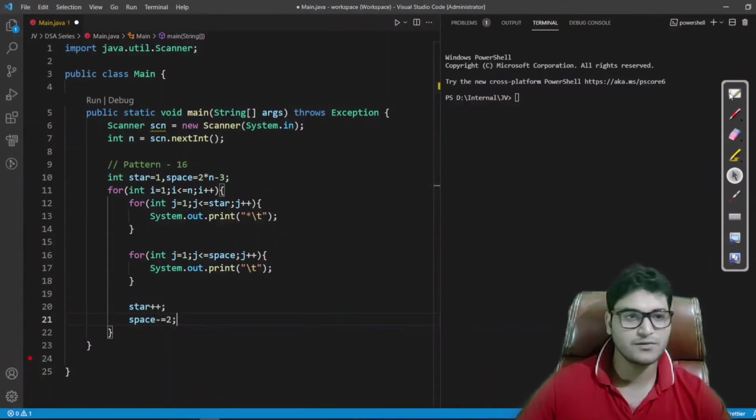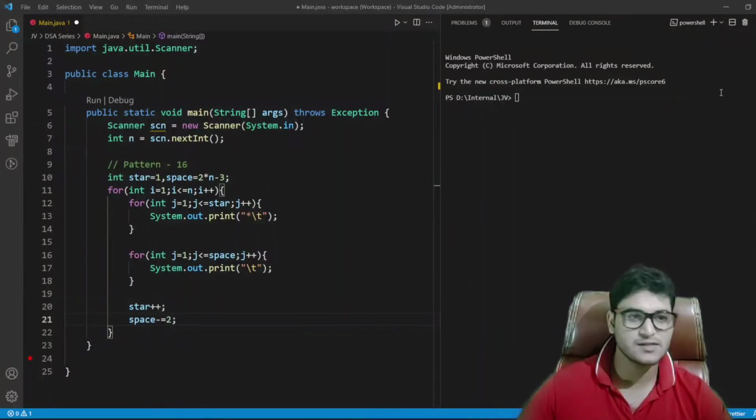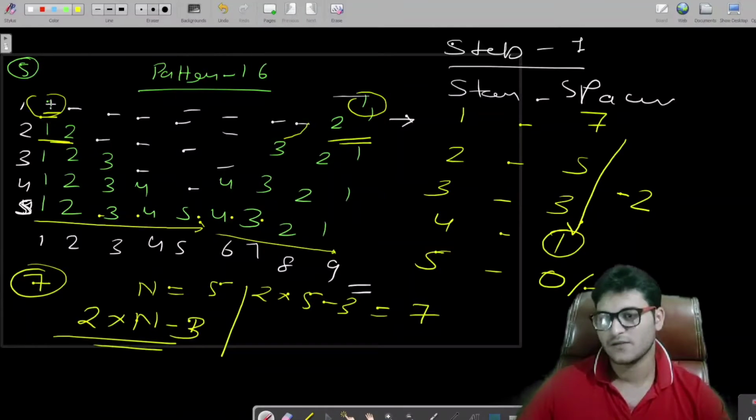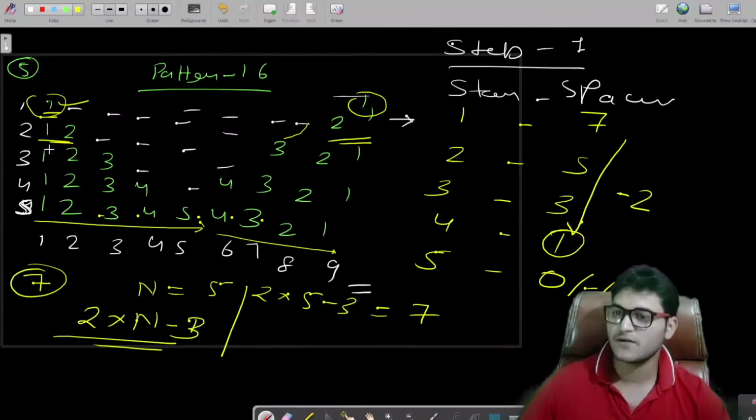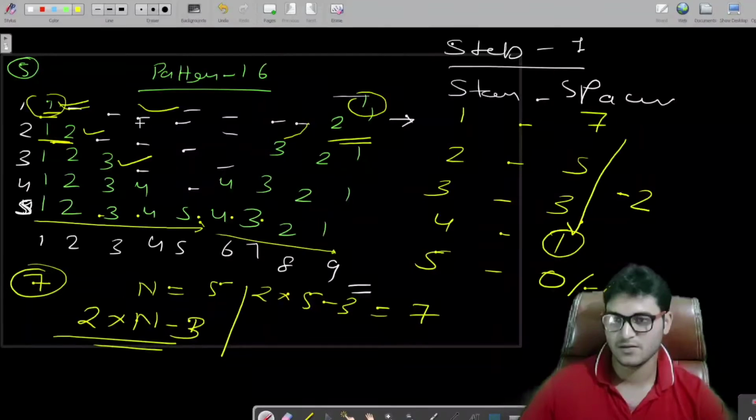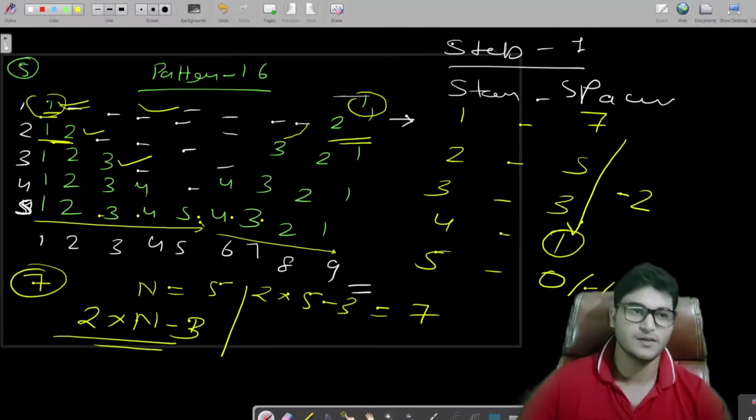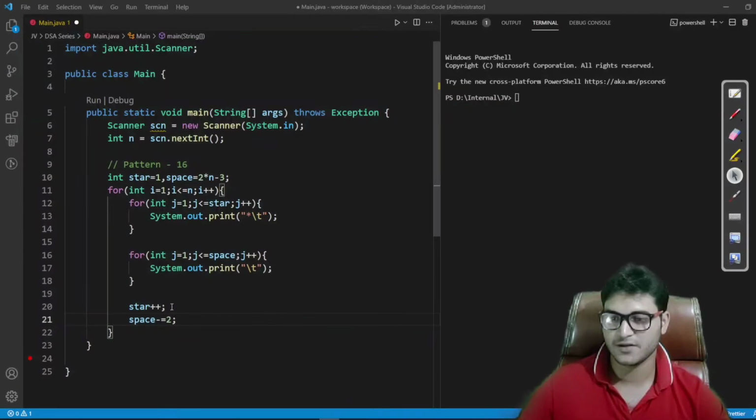If you can't visualize this, let me show you. In the first row we have printed 1 star, and for the second row we have printed 2 stars. In the third row we have printed 3 stars. So in each row we are increasing the number of stars, and if you look at here, in the first row we have 7 spaces, in the second row we have 5 spaces. So in each row we are decreasing the number of spaces by 2 also. So that's what I have written here, you can see.